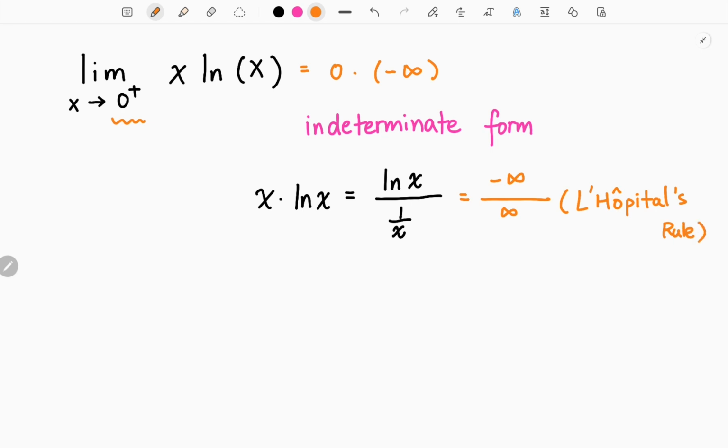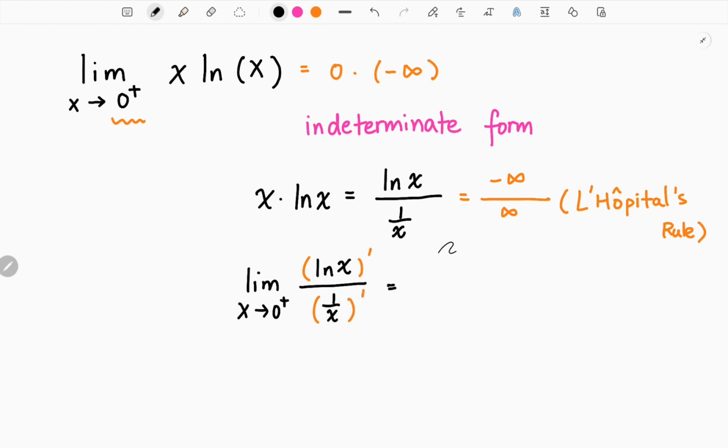And L'Hopital's rule states that if we have a limit that has a form such as 0 over 0 or infinity over infinity, then we can take the derivative of both the denominator and the numerator separately, and that should give us the same limit value as our original equation. And in our case, we take the derivative of both top and bottom,